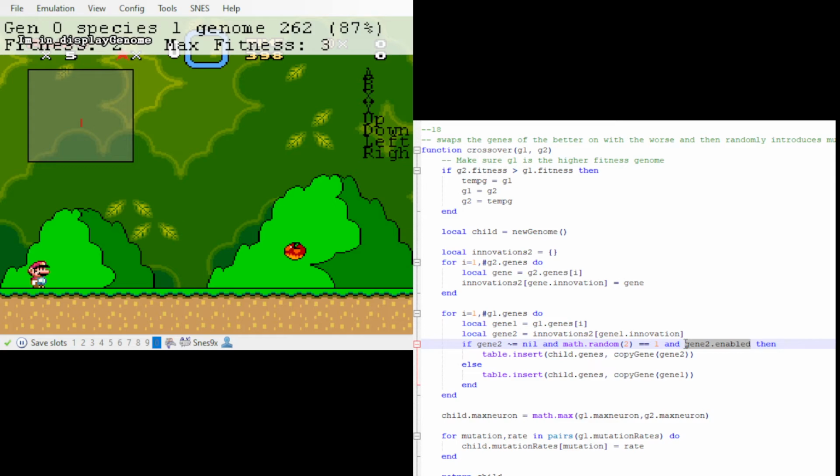So even though it's a worse one, if it's enabled, you will still keep it. So for all the genes from 1 to all the genes in the first one,